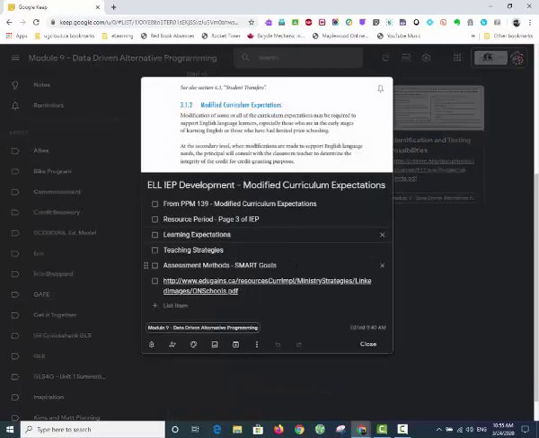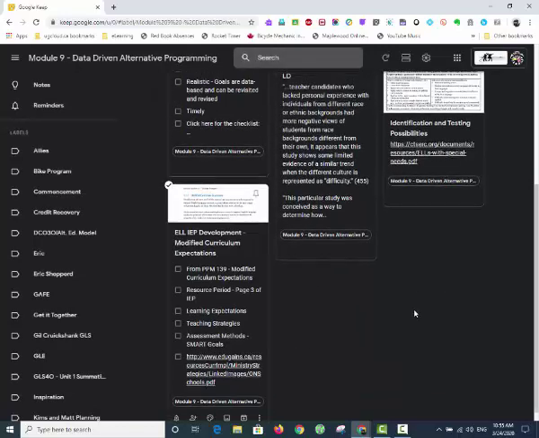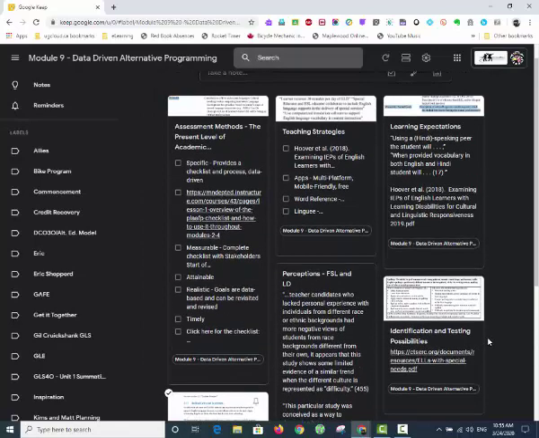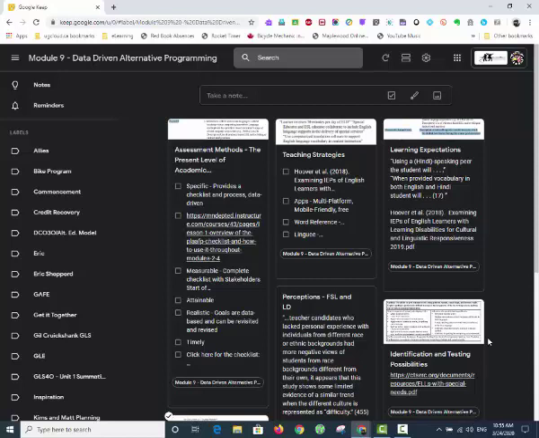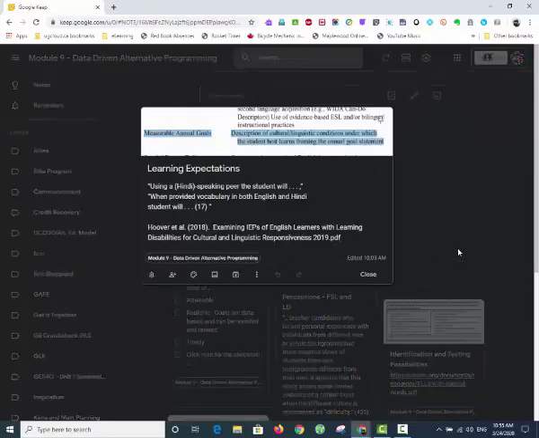So this way I was able to look further into an EduGains site, and I put the link on here for that. This is for PPM 139 as well, and looking at the 3 components of the IEP, specifically learning expectations, teaching strategies, and assessment methods, or building SMART goals. That led me to developing those. So this is where you can create a note or 3 notes that other people can contribute to as well. And what I did then was take from the Hoover